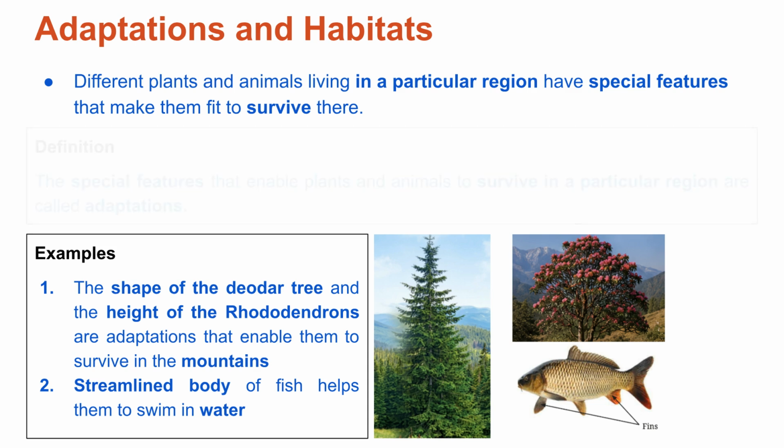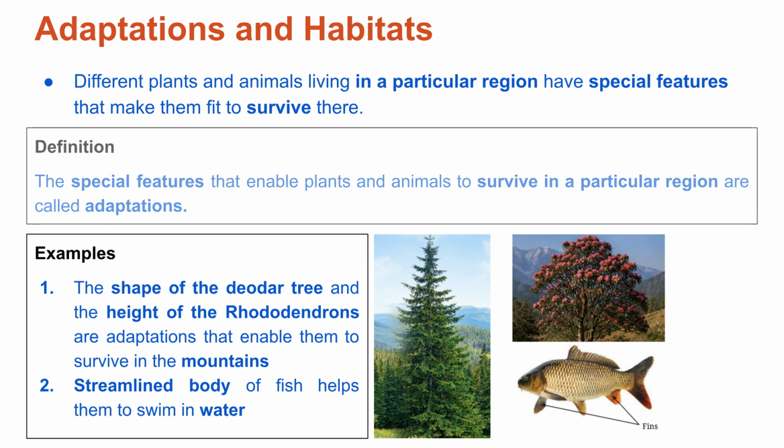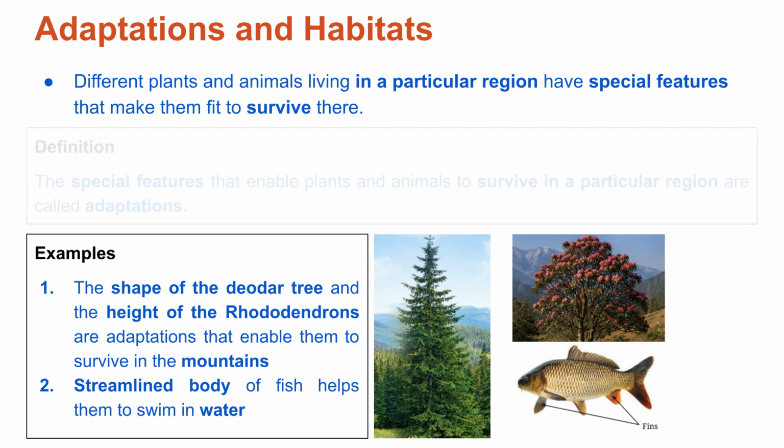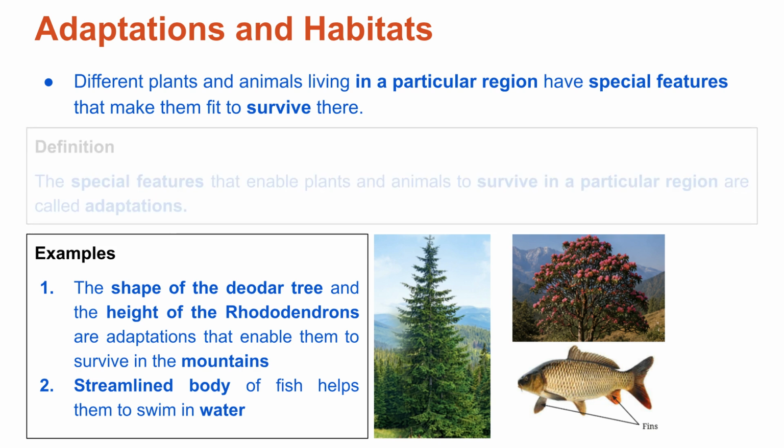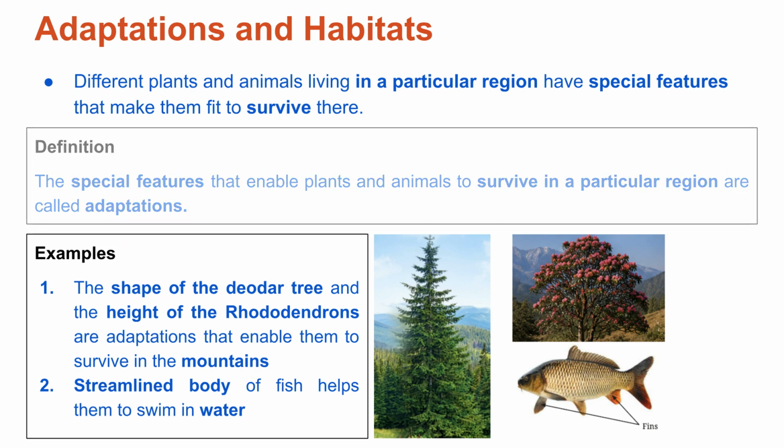Now we will see the important concept of adaptation. As we have seen, different animals and plants found in different regions show variation in their body structures and other properties. So why is it so? The special features that enable plants and animals to survive in a particular region are called adaptation. So it means that जो plants or animals होते हैं, they adapt to their environment, and that's why their body features are different from one another, because these body features help them to survive in that kind of